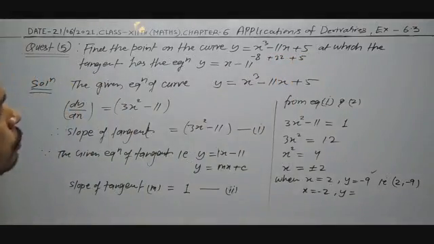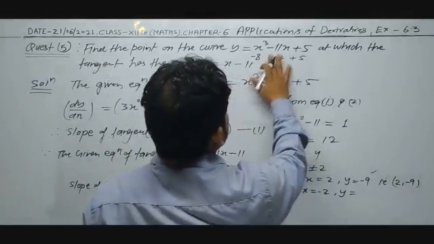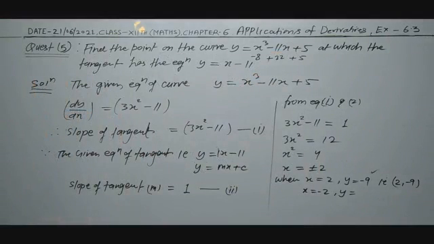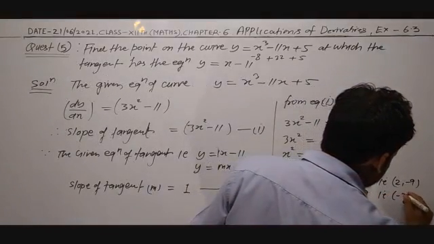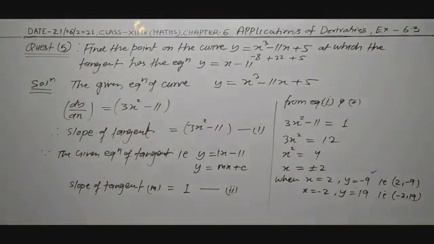This result goes to minus 3, and this result plus 2, and at x is equal to minus 2 you will see the answer y will be equal to 19. Then the point will be minus 2 comma 19. So there are 2 points here, 2 comma minus 9 and minus 2 comma 19.